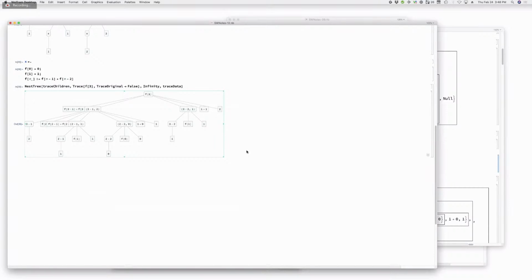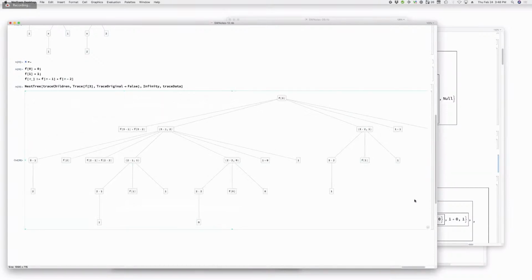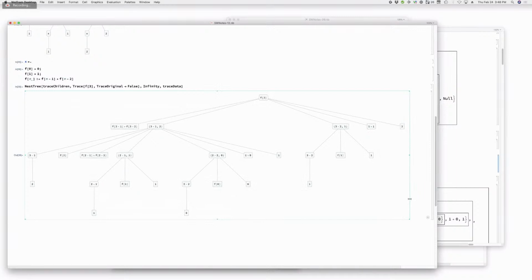Maybe set the aspect ratio to be really wide. So the exercise here is to distinguish the reevaluation vertically from the following of other elements horizontally. Or perhaps I'm saying it in reverse. I always have to think. I would have expected that you'd have the f of 3 at the top, and then a child of that would be f of 3 minus 1 plus f of 3 minus 2. And then that would have the children. That's what I would have expected too.